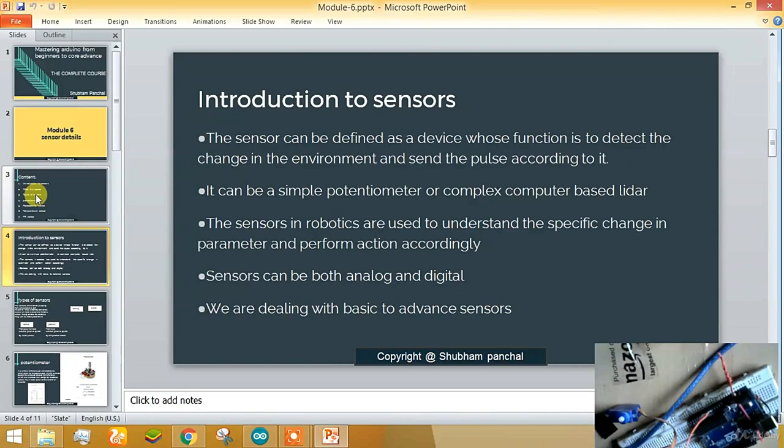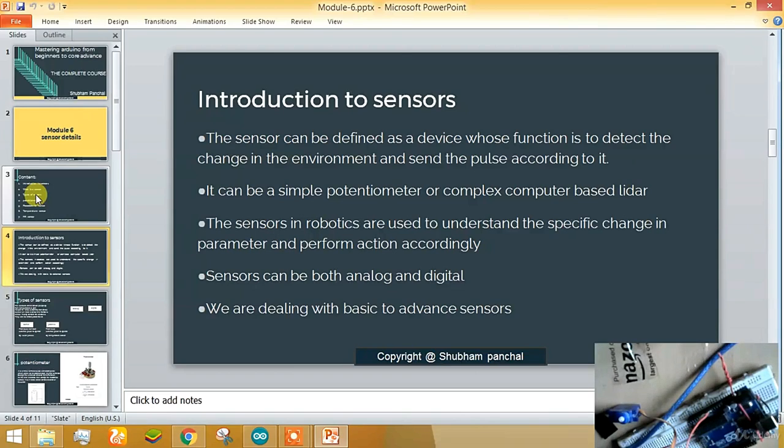Sensors are used in various technologies such as in robotics and automated cars. They can be used in industries, and they are mostly used in industries. For example, the camera which we are using here is also a type of sensor, because it is recording the changing environment and giving feedback. But there are different types of sensors. We can talk about piezoelectric sensors, temperature sensors, humidity sensors, or PIR sensors.